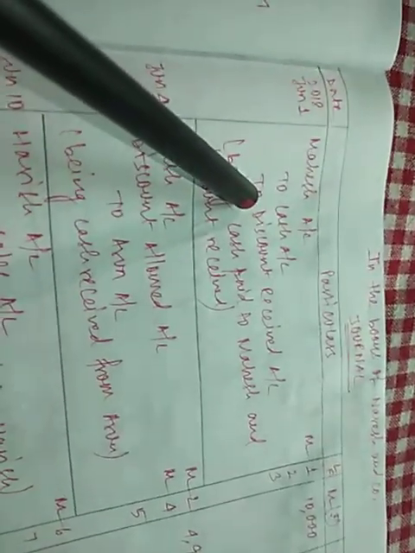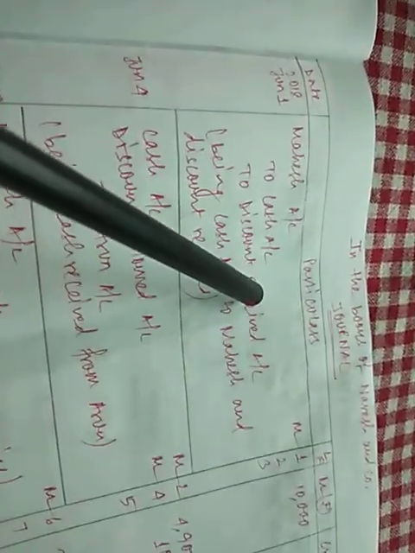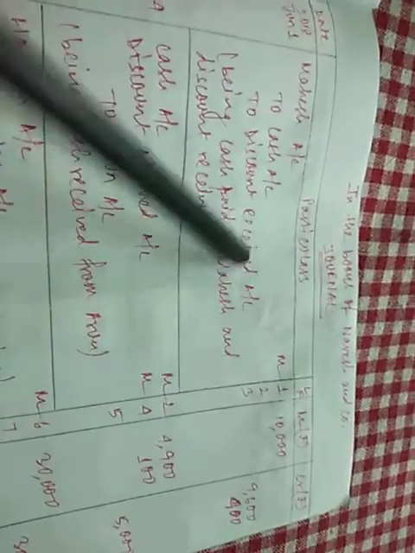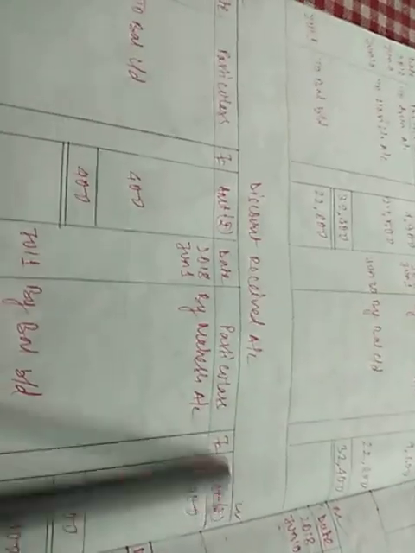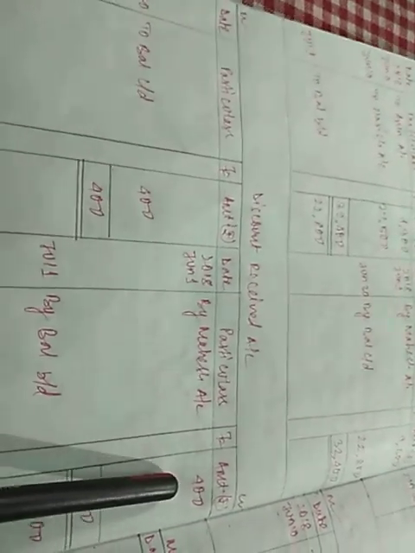Next, not only cash account, discount received was also credited. Discount received account was also credited for rupees 400. So discount received was also credited by Mahesh. Since there is only one debit, discount received was also credited by Mahesh. Same thing in discount received also. Discount received account is credited by Mahesh for rupees 400.